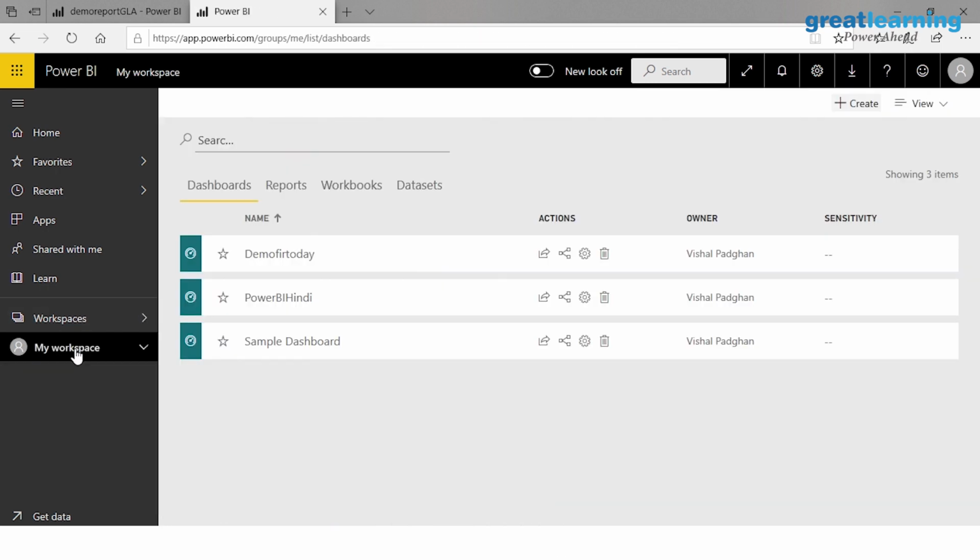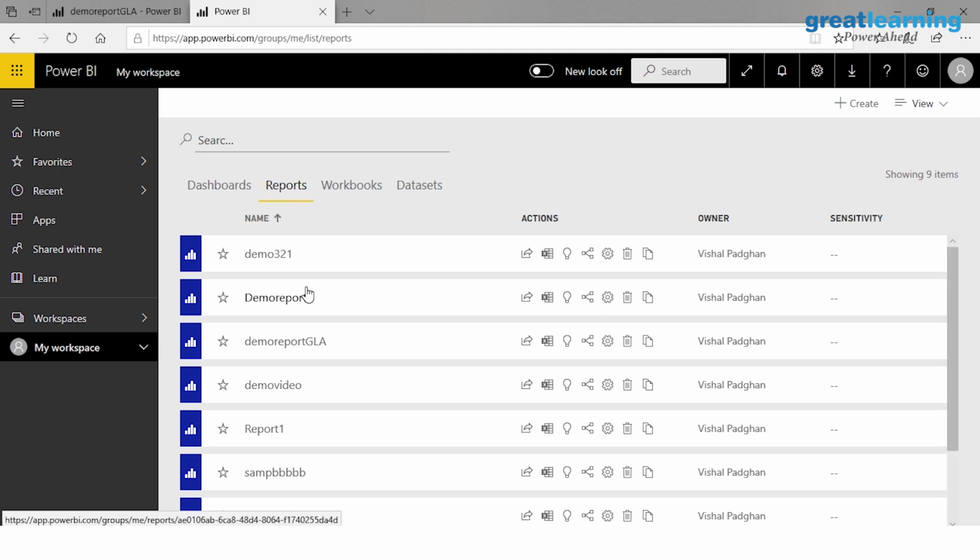There you go. These are some older dashboards that I have, and these are multiple reports that I have. What I'm going to do now is create a dashboard where I'll pick some random reports, and from those reports I'll pick some random visualizations that I would add to one canvas, to one dashboard. So let's pick one.